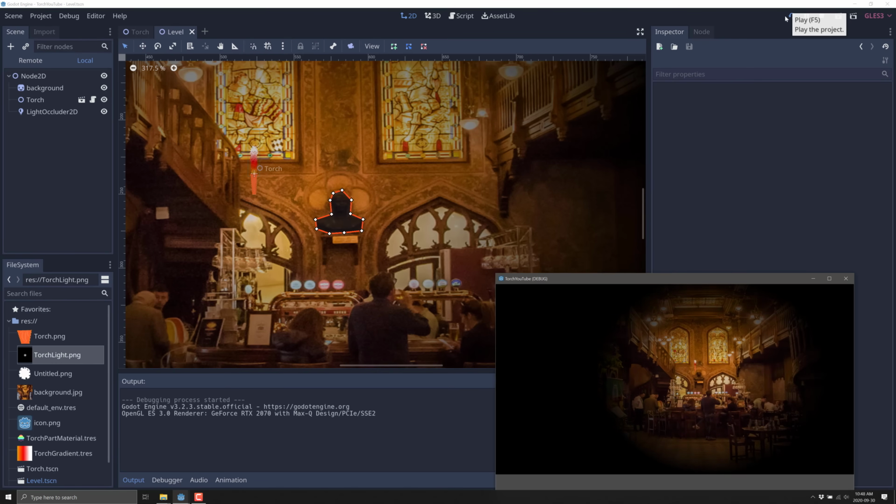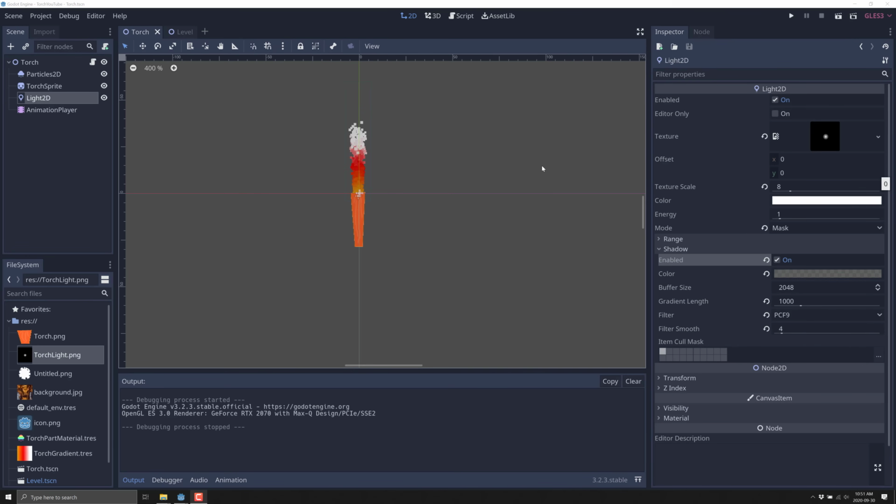All right, so let's see if that's actually blocking the light. It's hard to tell, so zoomed out. Okay, a few more things I had to set up here. I have to set up so that it actually casts shadows. What I did is I turned shadows on. This is on the light source of the torch itself. Now, the effect here is going to be hideous because we don't actually have anything obstructing in the scene, but this is blocking the light of the torch.